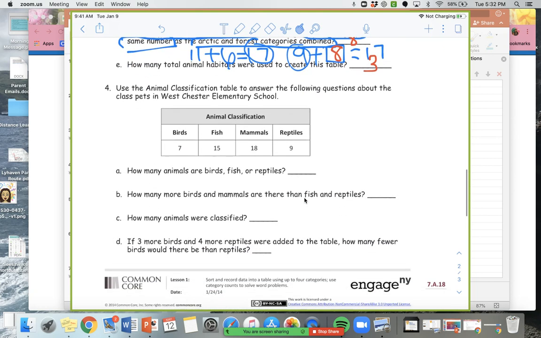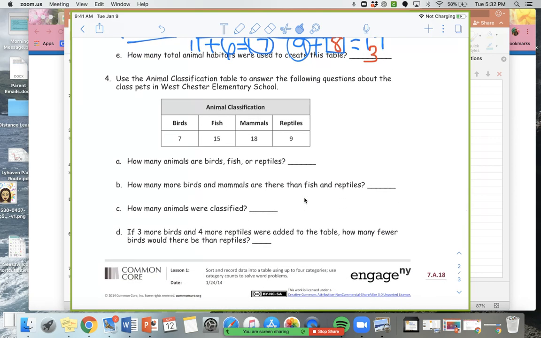Oh, question number 4 is a new chart. Use the animal classification table to answer the following questions about the class pets in West Chester Elementary School. So, how many animals are birds, fish, or reptiles? Looks like I'm just going to be adding. So I need to add 7, because that's for birds,